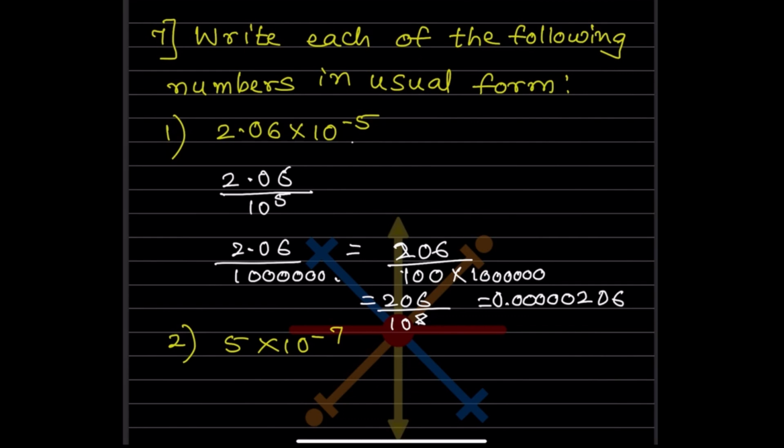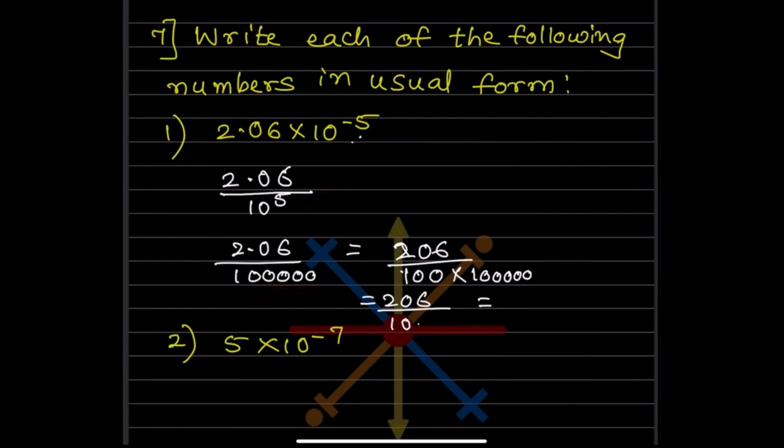So let us check once again. This is 10 raised to 5. Sorry, this will be 5 into 7. How many zeros do we have? This is 5. So we have put one extra 0 over here, 3, 4, 5. Sorry for that. So this number is going to change. Because this is 10 raised to 5, again I'll repeat it, we are going to put 1, 2, 3, 4, 5.